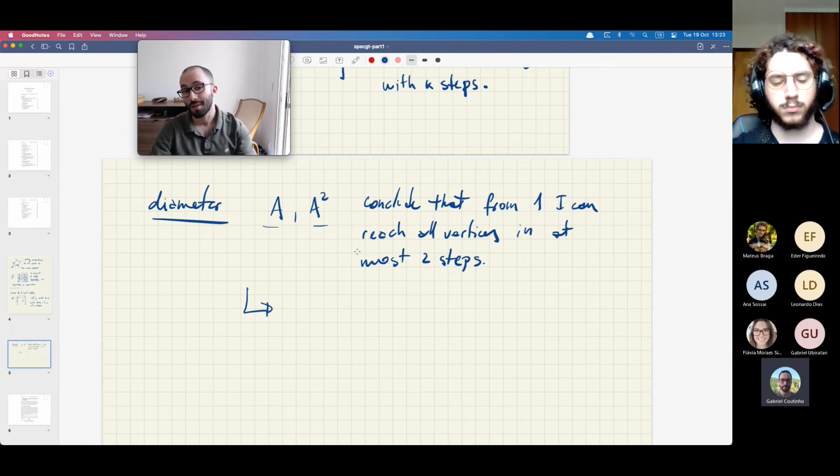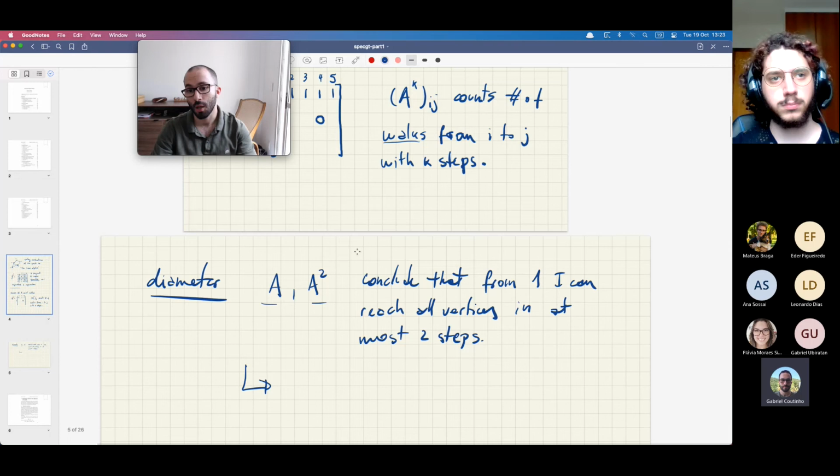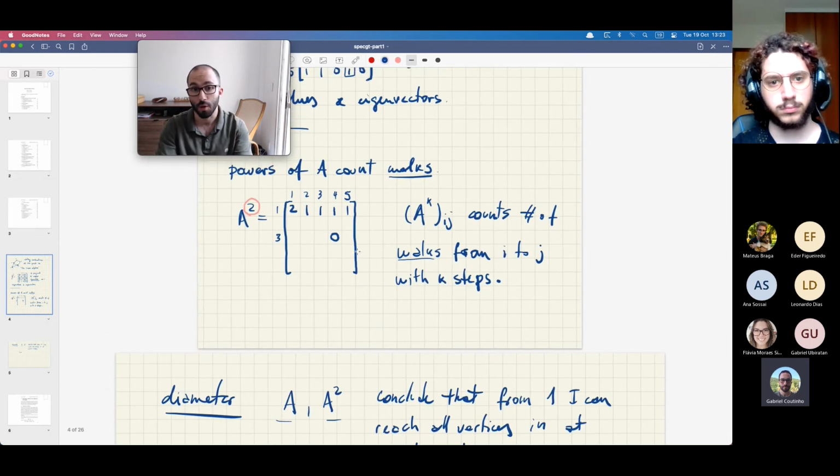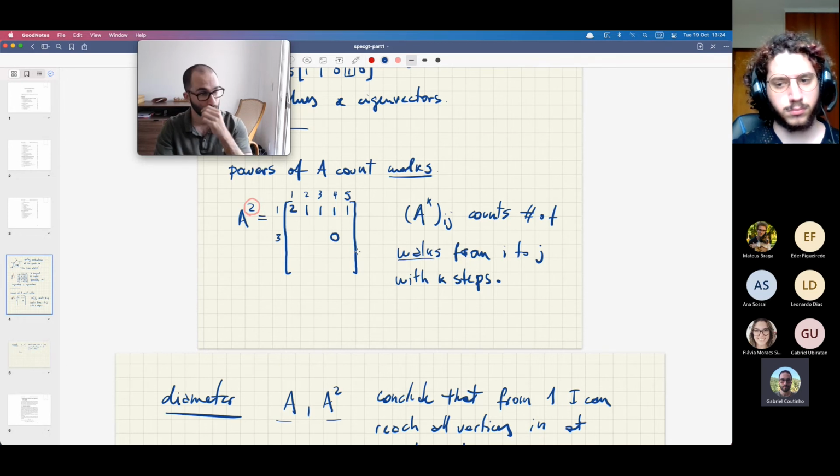Okay, now this is the sort of information which you can observe combinatorially, by looking at the pattern of zeros and ones in the adjacency matrix, but somehow this will have a connection with the eigenvalues and eigenvectors of the graph. This is actually what we will see in the next lecture.